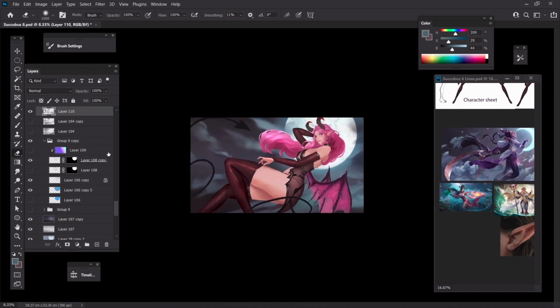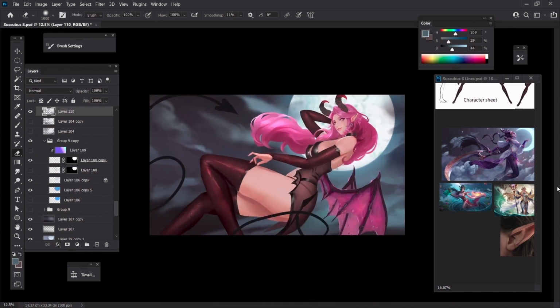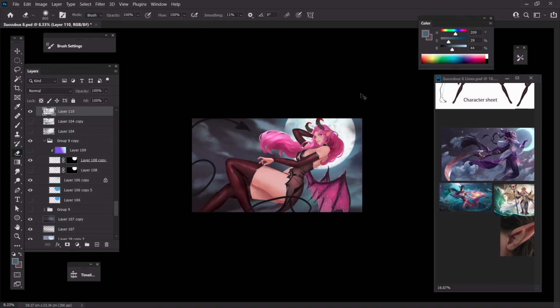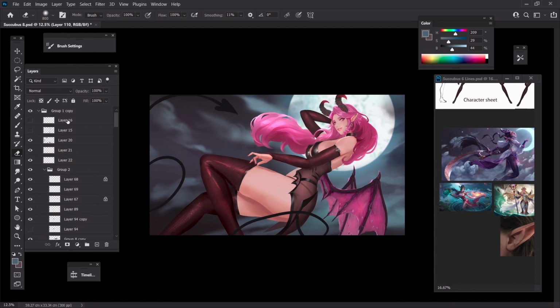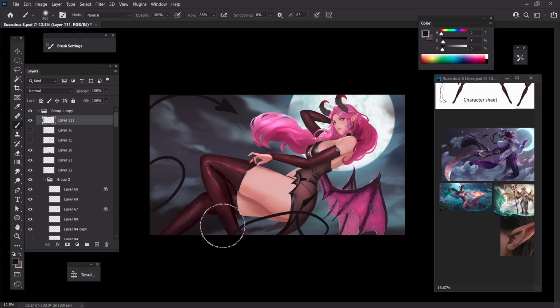And I think that's it for the background. Obviously it still looks lacking because we don't have proper lighting on her, we don't have a foreground, and we don't have particles to make the entire piece look slightly more bling bling. And before I end the session, we can add a little bit of fog in front as well,